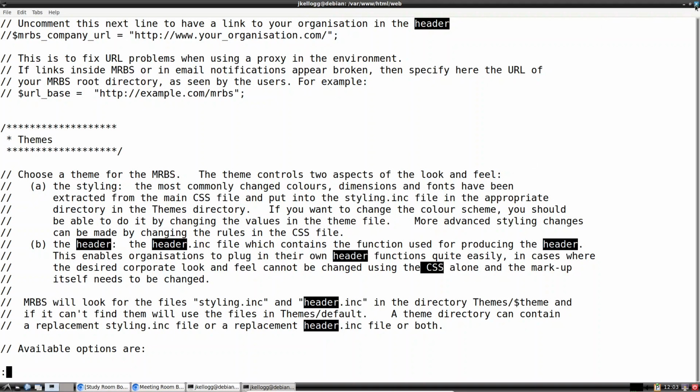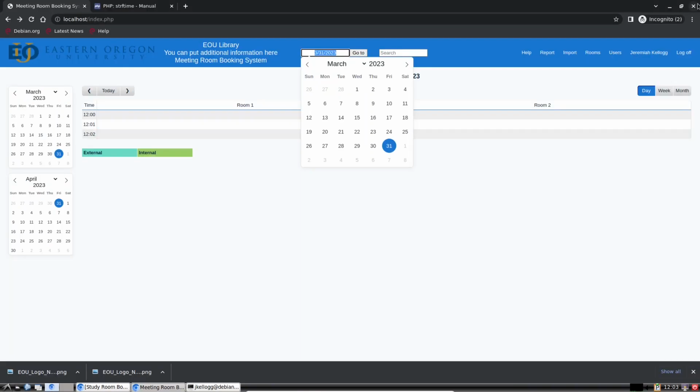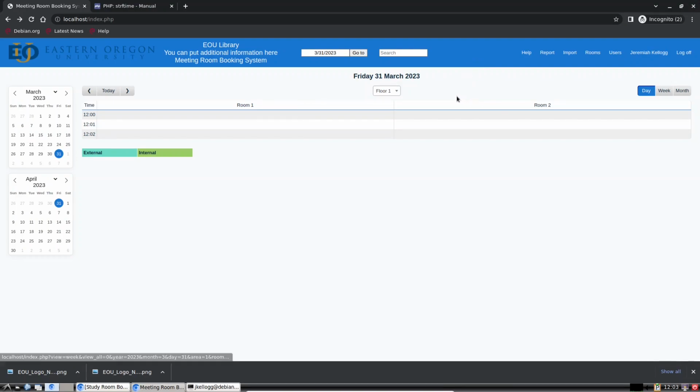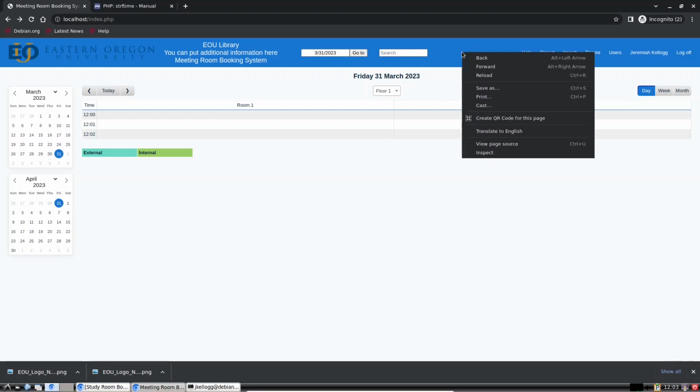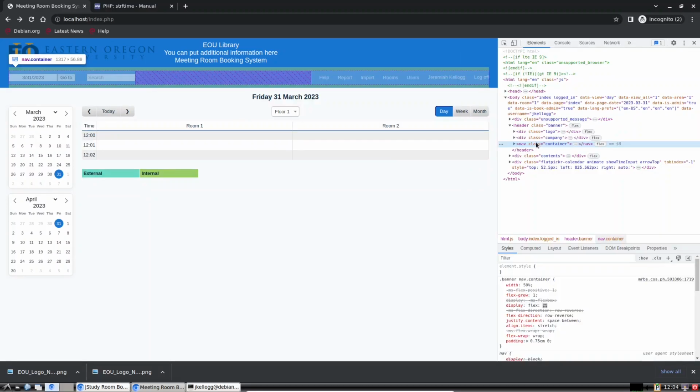Okay, just to keep things clean, I don't think I need this system default file anymore. Now, usually when I want to change CSS, the very first thing I do is I look at the element that I want to change. So in this case, we have the header. We want to change color from this blue to something else. If I left click on the header and then choose the inspect option down at the bottom here, I'm shown the container,